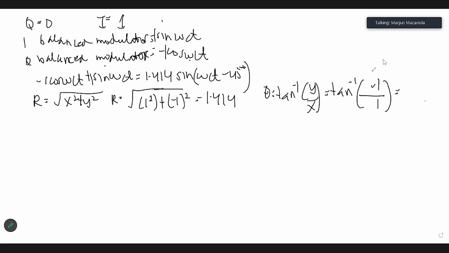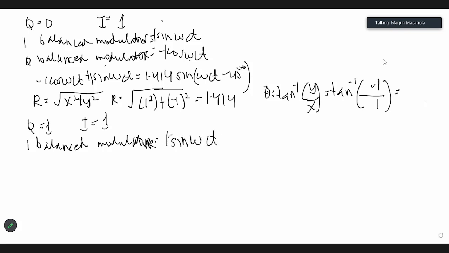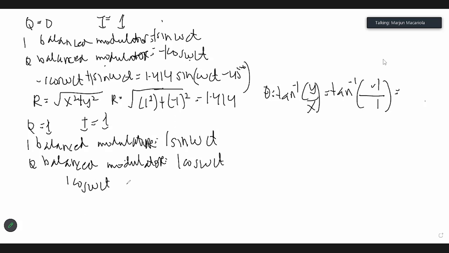Okay, for the last combination, Q is equal to 1, I is equal to 1. So this will be I balanced modulator will be equal to 1 sine omega ct, Q balanced modulator equal to 1 cosine omega ct, at ang kanilang output ay 1 cosine omega ct plus 1 sine omega ct